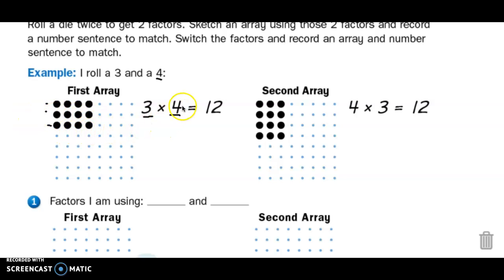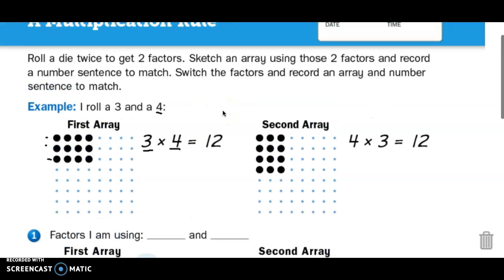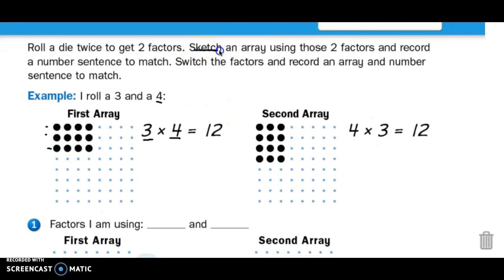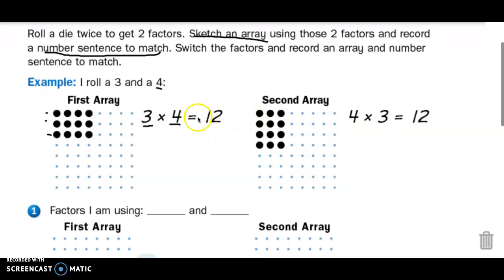If I count 4 3 times, I know that it's 4, 8, and then 12, right? You could go 8, 9, 10, 11, 12. My answer is 12 because it said sketch an array. I see that they sketched their array. And then use those two factors and record a number sentence. There's 2 steps. They sketched their array, and then they did their number sentence, which includes their factors and their